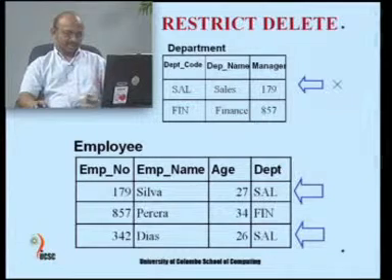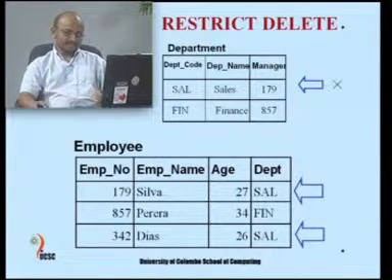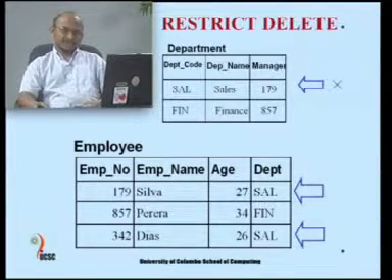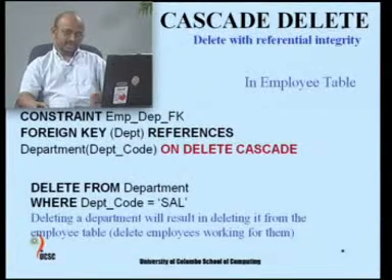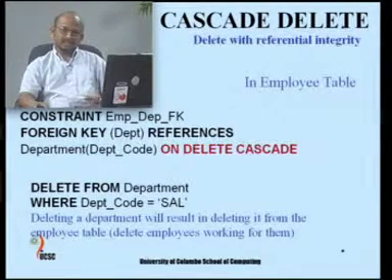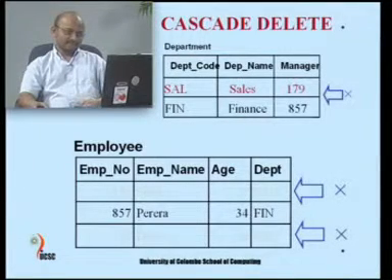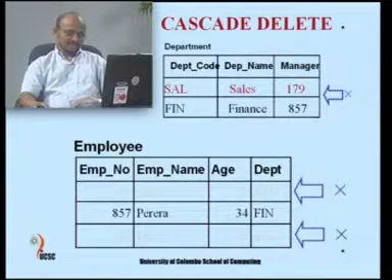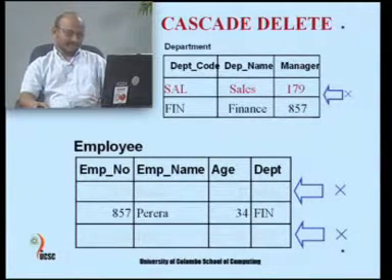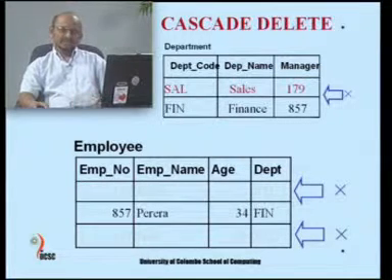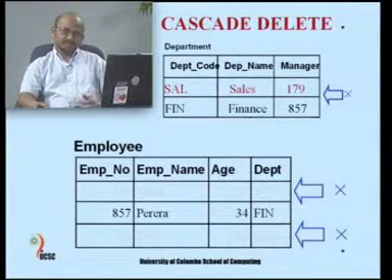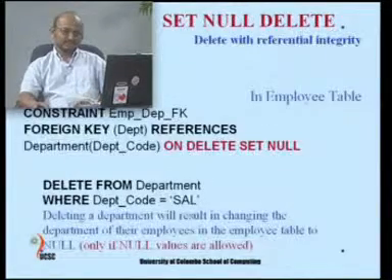In this case we are restricting. As a result, if you try to delete the sales department, it will not allow it, because there are 2 employees already attached to that department. Whereas if you say cascade, those 2 employees plus the department record, all 3, will get deleted. So, the sales department record will get removed, plus the 2 employee records belonging to the same department, if you had the cascade. Depending on your requirements, you have to select which option to use.